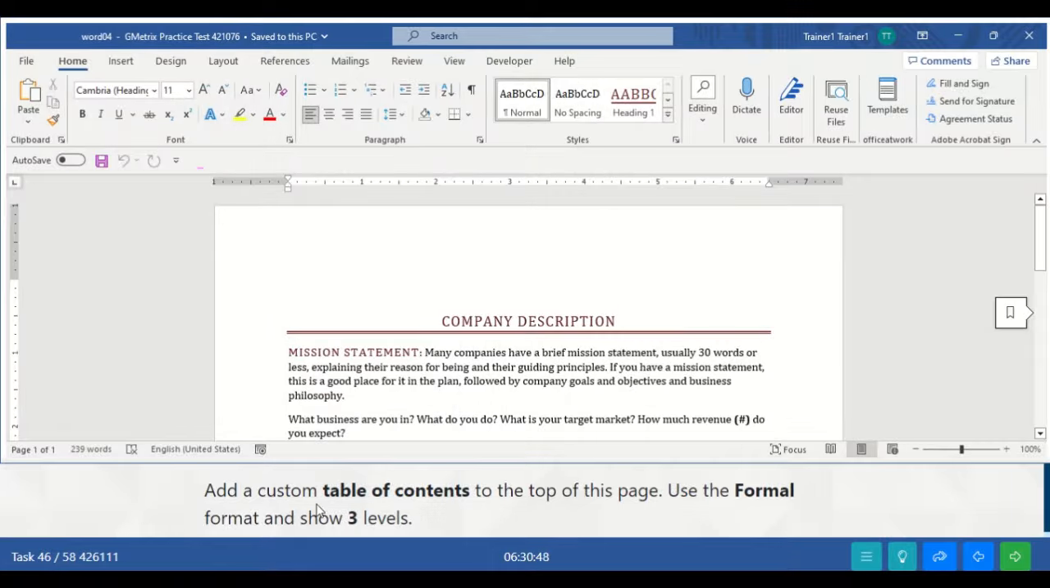Task 46. Add a custom table of content to the top of this page. Use the format and show 3 levels. To do this,